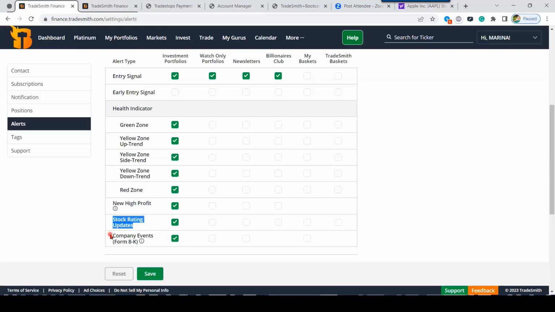Then we have our company events, Form 8K. This will announce any significant or relevant events like bankruptcy. I think we want to know that, especially if that's a stock we own, right? And then